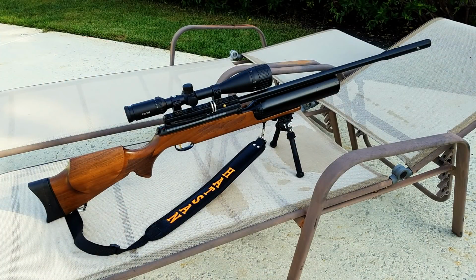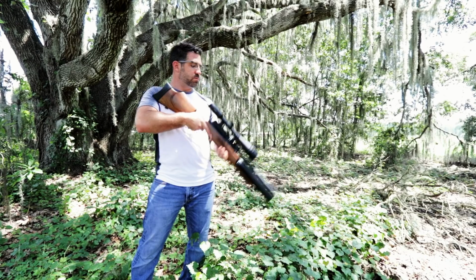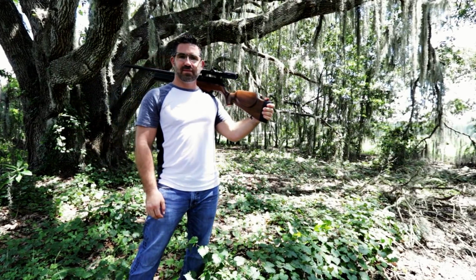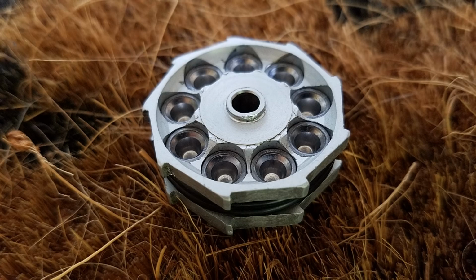Alright guys, per your request, and coming to us directly from Hatsan USA, is the Nova 25. Now the Nova's made in Turkey. It's available in .177, .22, and .25. It measures 49.5 inches long. It weighs 11.4 pounds shoot ready, to include a scope, mounts, a cylinder filled with air, and a magazine full of lead. It comes with 2 rotary magazines, 9-shot in .25, 10-shot in .177 and .22,